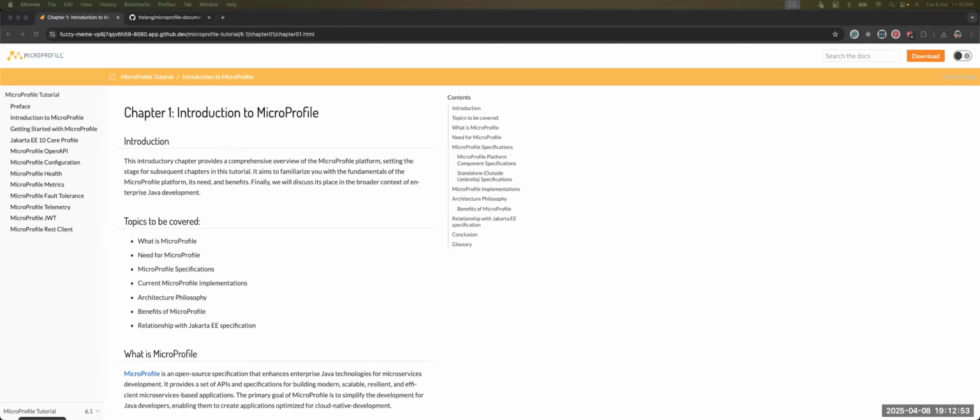If I remember correctly, you put the sample code in the MicroProfile tutorial repo, right? Absolutely. Yes. Okay, sounds good. And I think we need